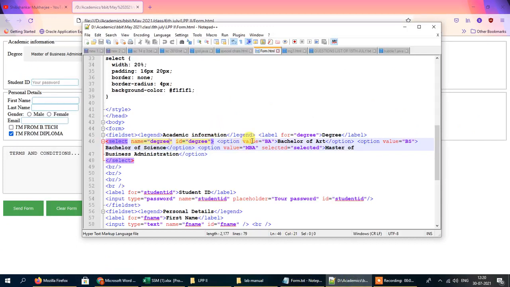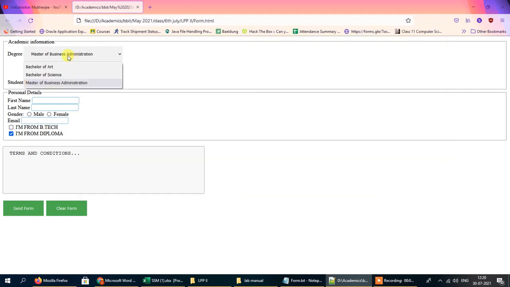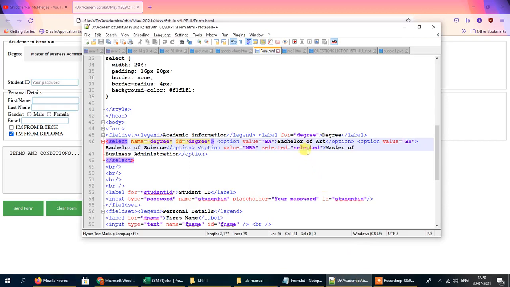Okay, and then under this we have three options. Alright, so first of all we've got Bachelor of Arts, and Bachelor of Arts is the first option, and when this Bachelor of Arts value is selected, it will be denoted internally inside the form as BA. So the value of this text called Bachelor of Arts is BA. So whenever I select Bachelor of Arts as the first option, then this BA option will get selected. So this one is the first value inside the select column.